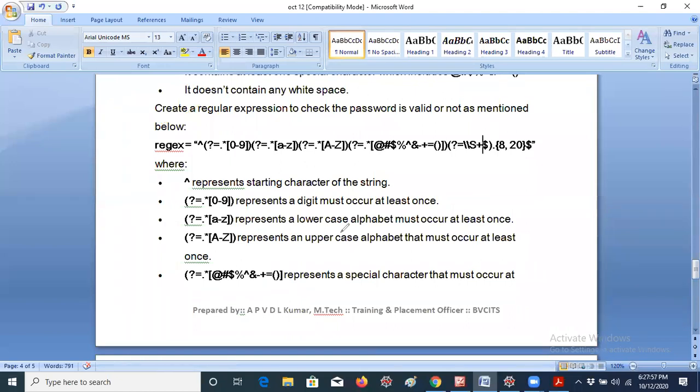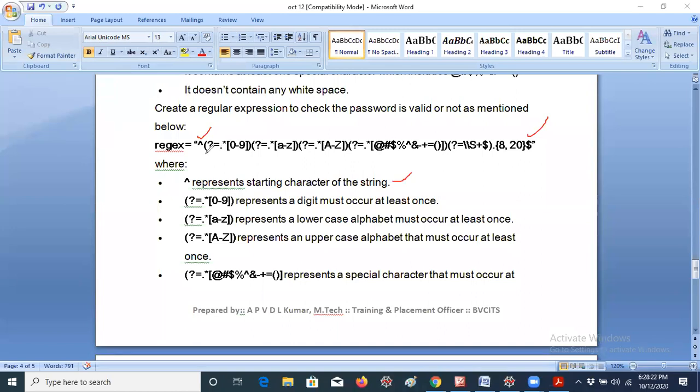Here, just now I told you regular expression. Whatever expression you have to give, this expression should be defined by you only. This is not defined by Python. You can define your own expression. Here the first characters are meta characters. The dollar is the last character, and the caret represents the starting character of the string. I have explained everything in the notes. You just go through it.